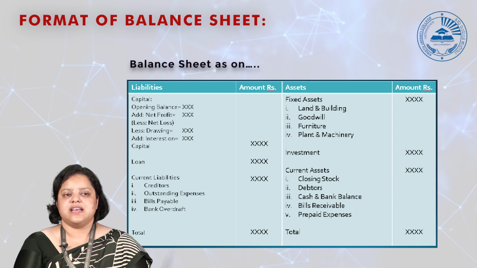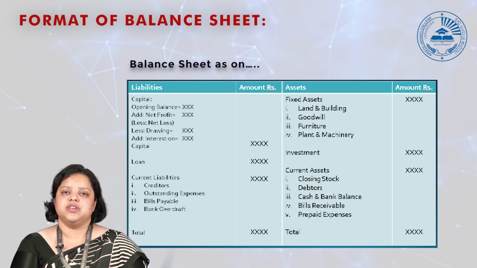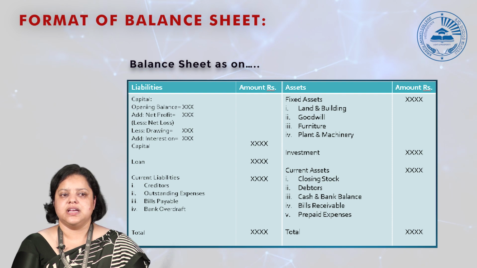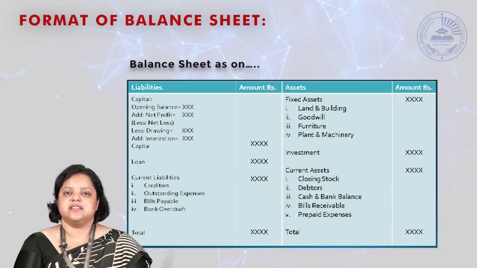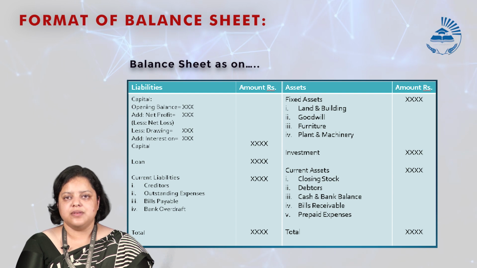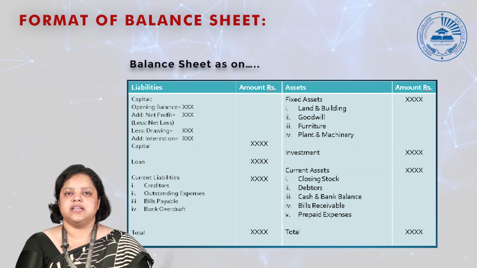Then next heading is investment. Any kind of short term or long term investment we record here. Then last heading is current assets. Under current assets, all the short term assets we need to record, like closing stock, debtors, cash and bank balance, bills receivable, prepaid expenses,